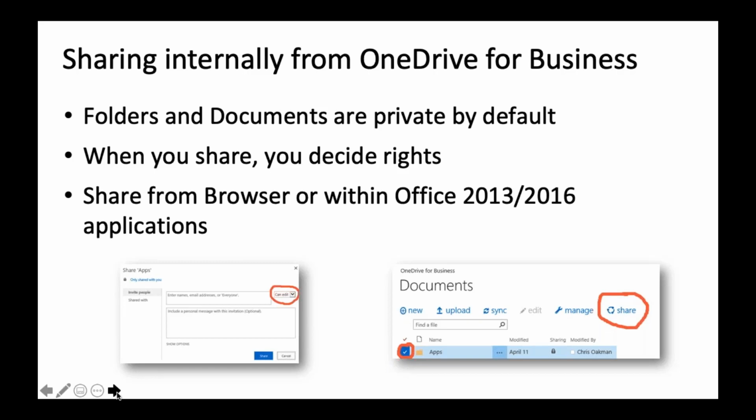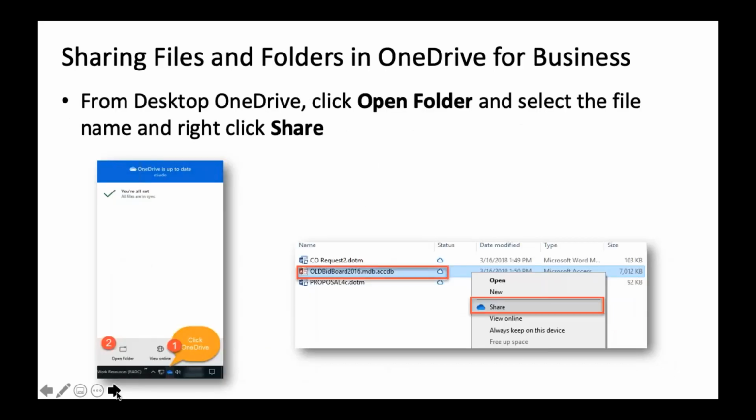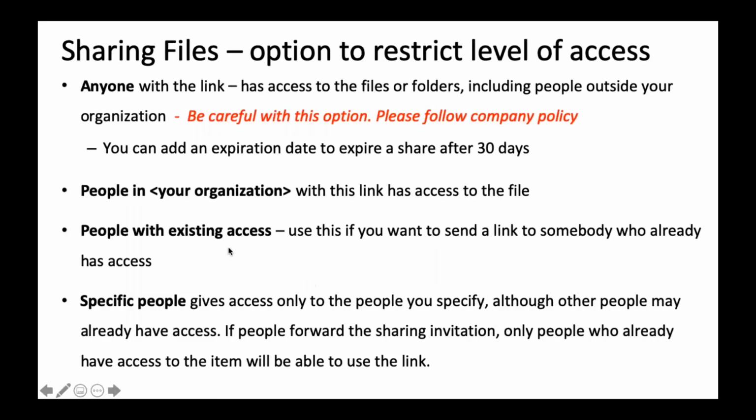Once you click that option, you will be presented with options, I'll go into that next. But this is the desktop version. You click on the OneDrive, it opens this up, you open your folder, and I have this document that I want to share out. Now, I click on share, and I'm presented with a couple of options. I can share with anyone. This is if I want to share this with people outside my organization as well as inside.